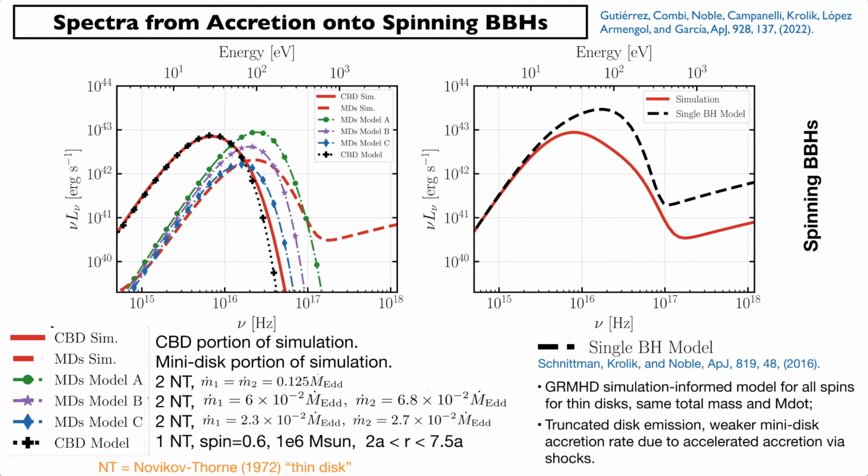On the right, we compare a single black hole model. So you take the total mass of the black holes and you create a Novikov-Thorne model. Actually, it's not Novikov-Thorne. It's connected to a simulation of a radiatively efficient accretion disk that we performed around a single black hole. And we created a spectrum from that simulation, compared it to our binary, and we see that there's a softening in